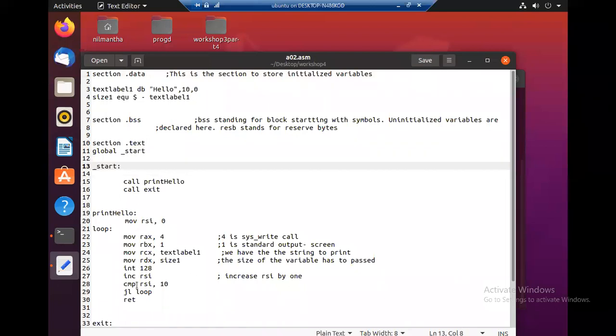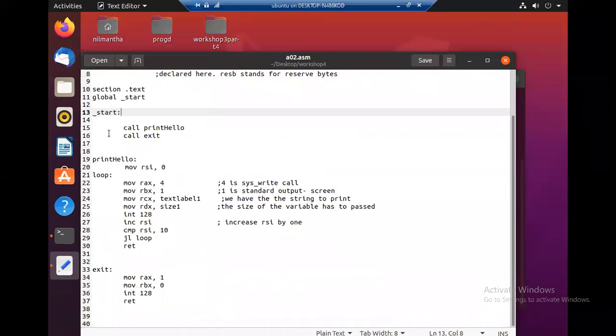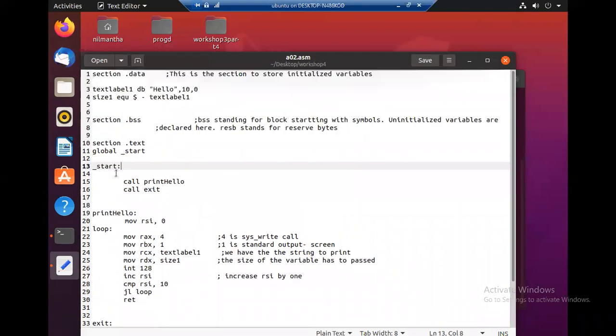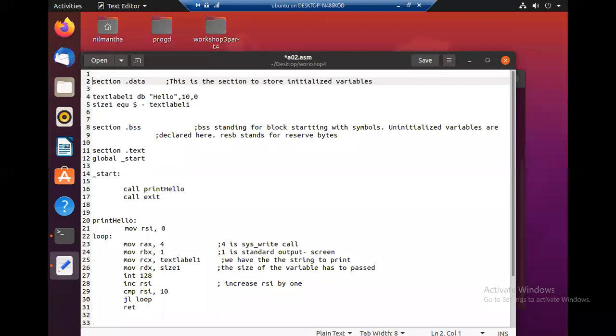Then execute, and these subroutines are part of this main text of this program. But macros are declared outside of text, data, and this BSS sections.